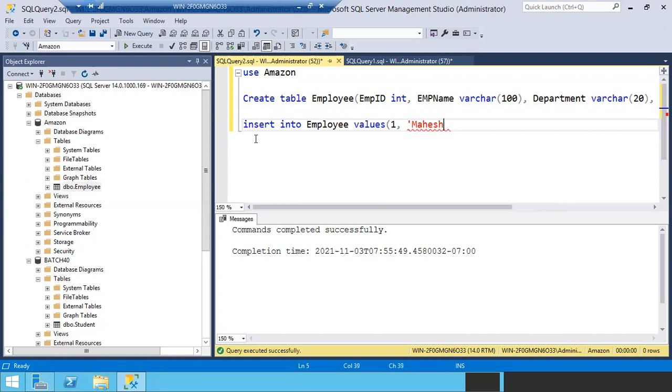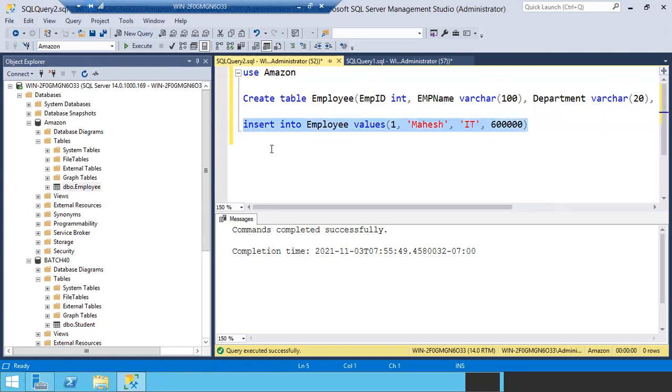Mahesh, salary, let me go with 60,000. Let me include department as well. As it is a string, let me include it like this, IT. IT department, and 60,000 is his salary.